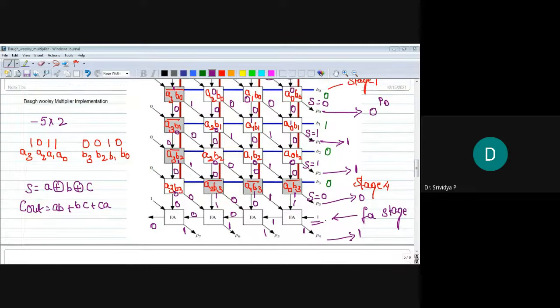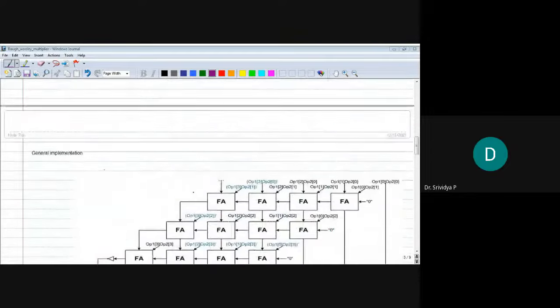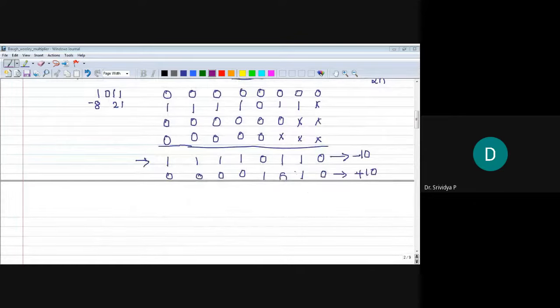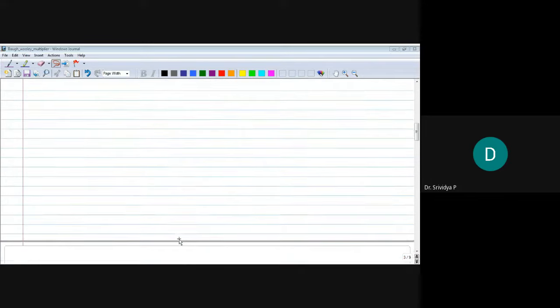What is this P0, P1, P2, P3, P4, P5, P6 and P7 that we have obtained? They are the product bits. This is my P0, P1, P2, P3, P4, P5, P6, P7. What am I supposed to get? 1, 1, 1, 1, 0, 1, 1, 0. Just check whether you have obtained this value here.